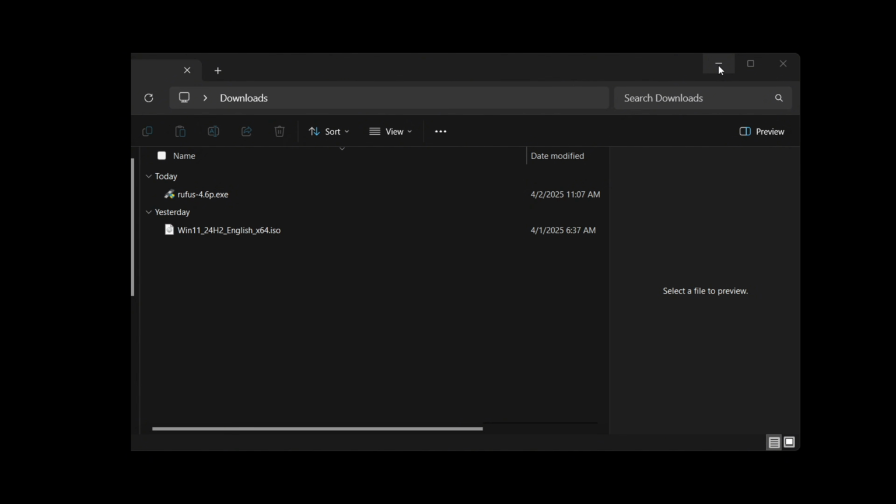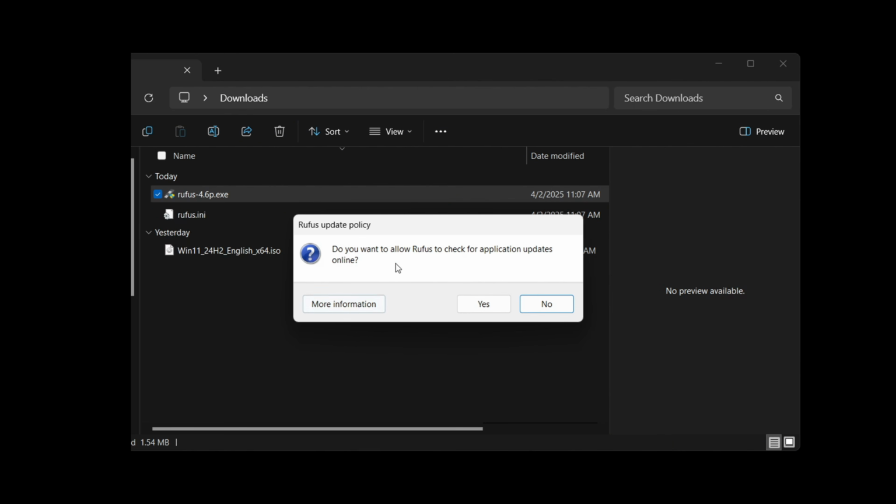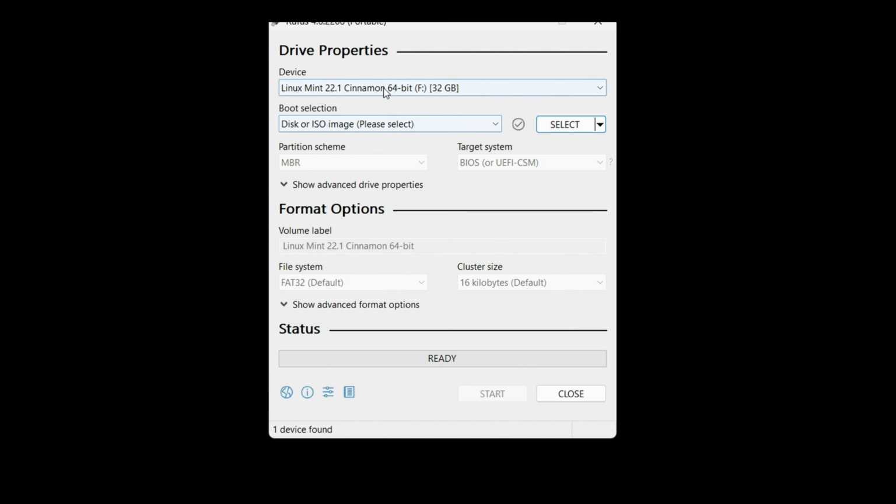So now you want to go ahead and insert that thumb drive into your computer, and then we're going to run Rufus. Once you have your thumb drive inserted, go ahead and run the Rufus application. We're going to click yes on the user account screen. I always like to let Rufus check for application updates, so I'm going to do that. Once you open up Rufus, if you plugged in that flash drive, it should be displaying here. This is a 32 gigabyte flash drive. Then you want to select that